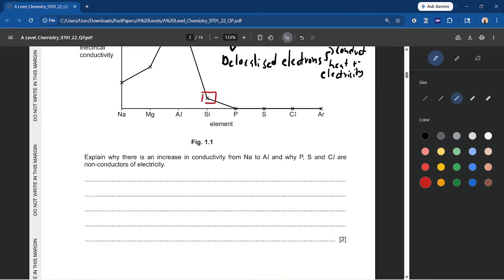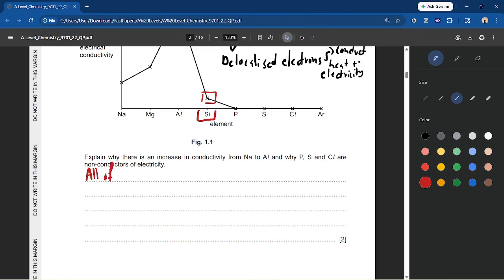So we're going to mention why there's an increase in conductivity from sodium to aluminum and why phosphorus, sulfur, and chlorine are non-conductors of electricity. So the thing about silicon is because the question doesn't mention it, you don't have to write about silicon over here. So the information that I was telling you previously, you don't have to really remember that. That's sort of like a fun fact if you just want to figure out why silicon, even though it doesn't have the delocalized electrons, is able to conduct electricity at this point. So the way you'll have to mention this is that